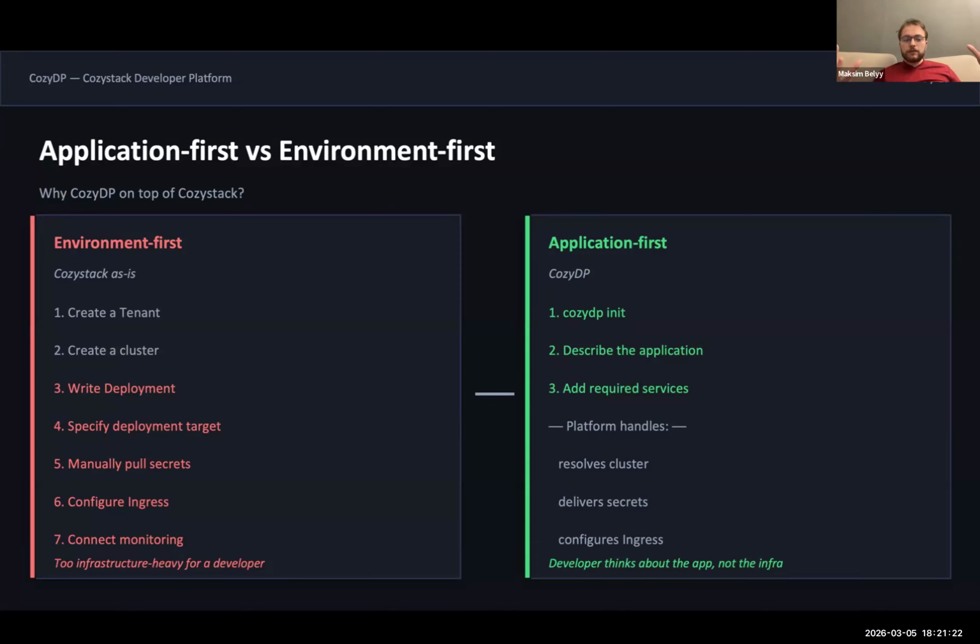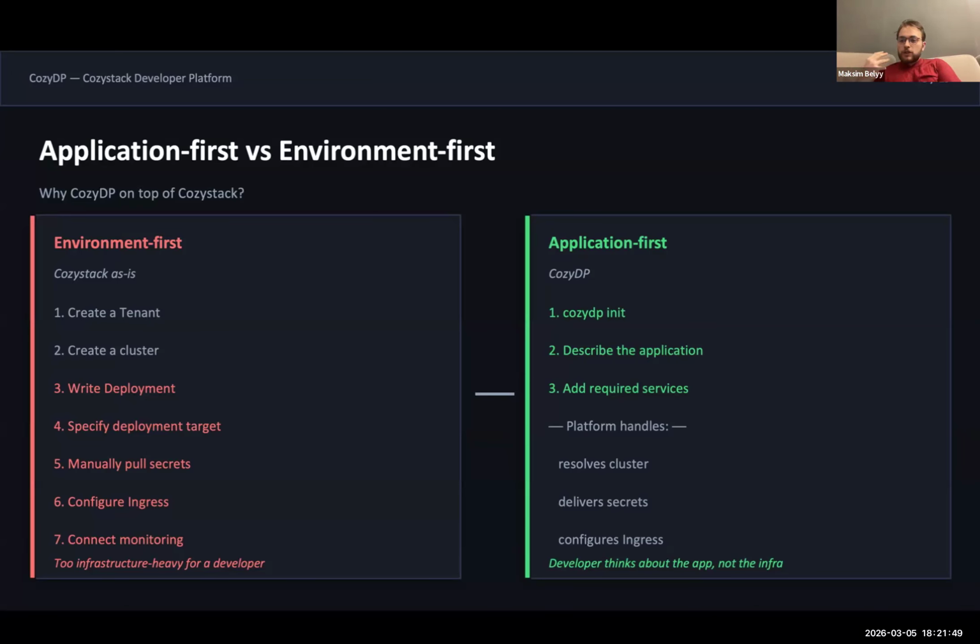You create a tenant, create clusters, somehow write deployments and deploy to the created managed Kubernetes cluster, manually provide secrets from managed services, configure your ingress, and connect to your monitoring. Developers don't want this.